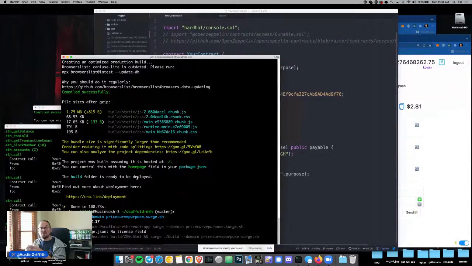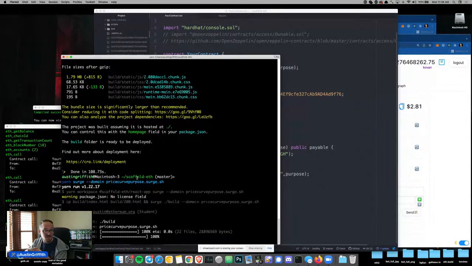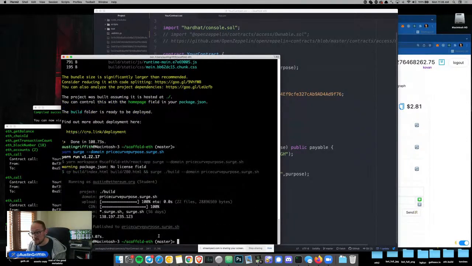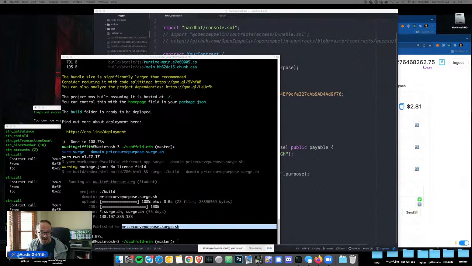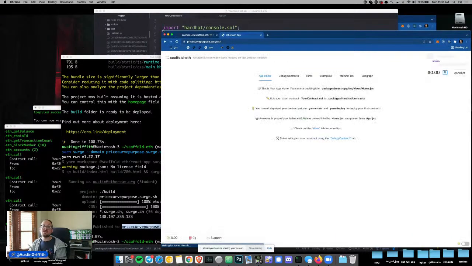So I've built my static app that contains all of the front end and the reference to my smart contracts. And now I've just yarn surged, I've deployed it live. So now anyone can follow this link that will dump into chat here, and you can have access to the app that I just built. So in 30 minutes, that was more like 20